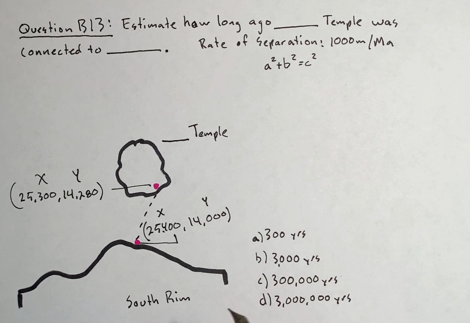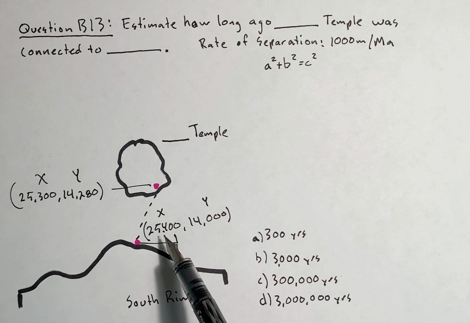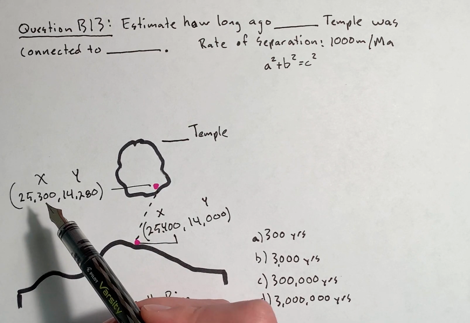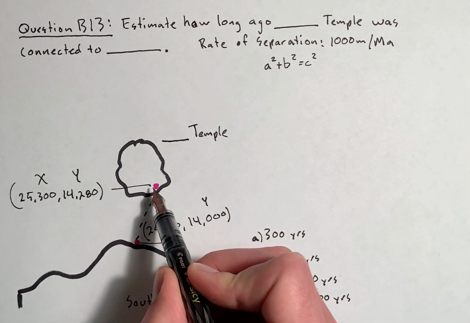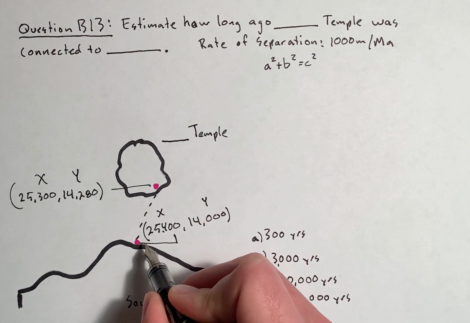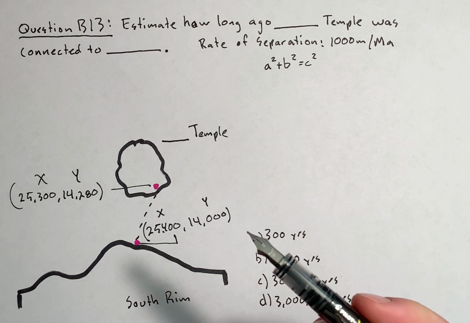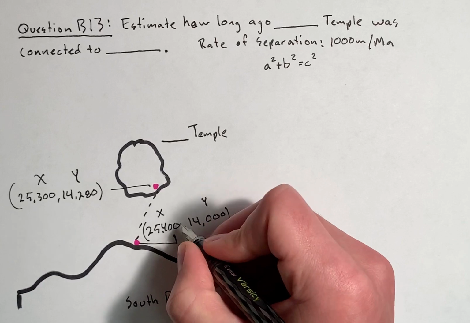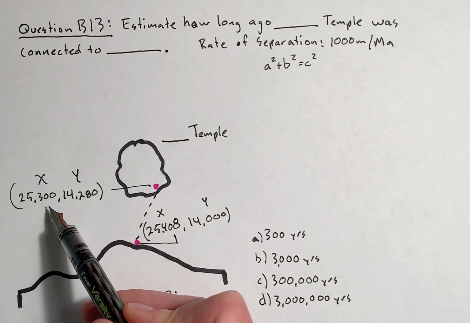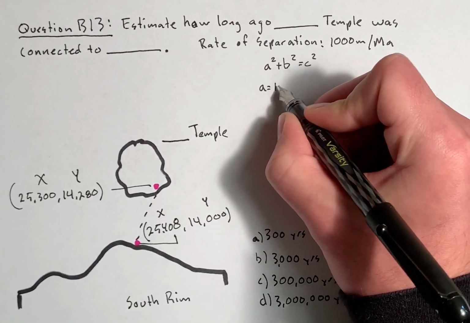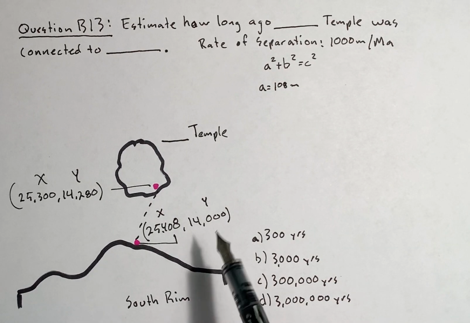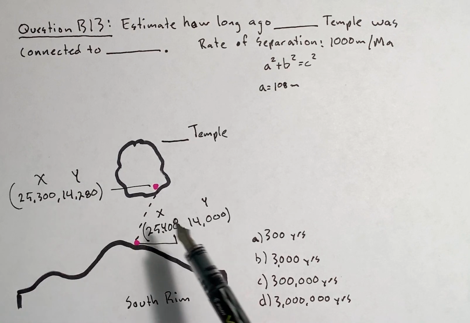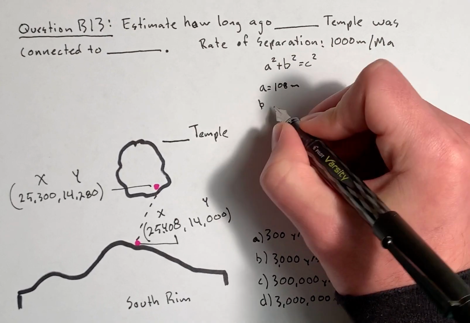So let's do that. So you'll notice that we have our X coordinate here and our X coordinate here. These are different, and we can use the difference between this X coordinate and this X coordinate to find out what our change in X, or say our A distance, is. So our lateral distance between this point and this point. And we can do that by just finding the difference between them or subtracting them. So we're going to do 25,400 minus 25,300. And that's just 108 meters. And we can do the same thing with our y distance. So the difference between this y coordinate and this y coordinate is just 14,280 minus 14,000, which means our b distance is going to be